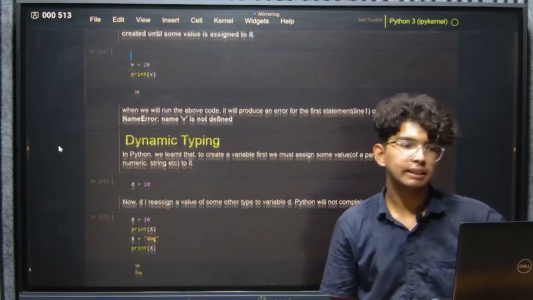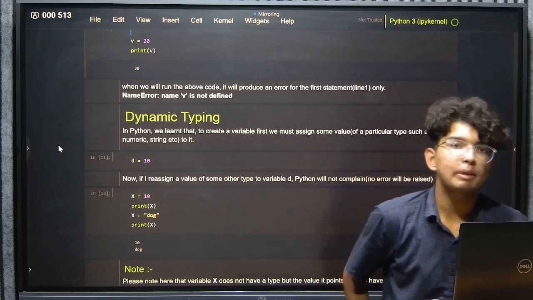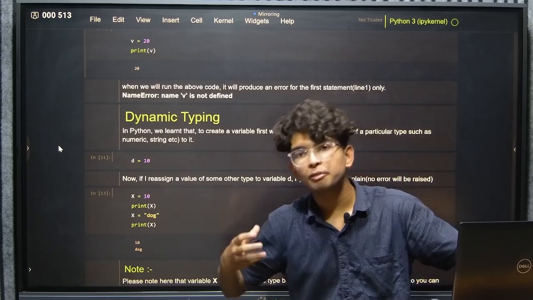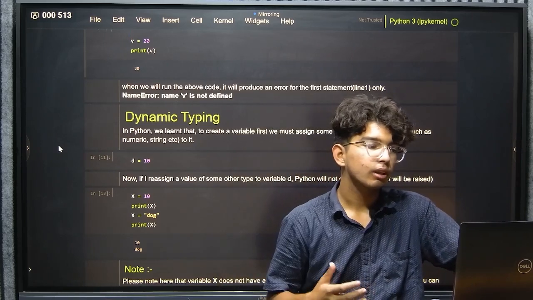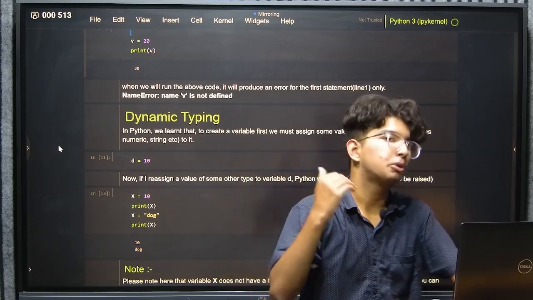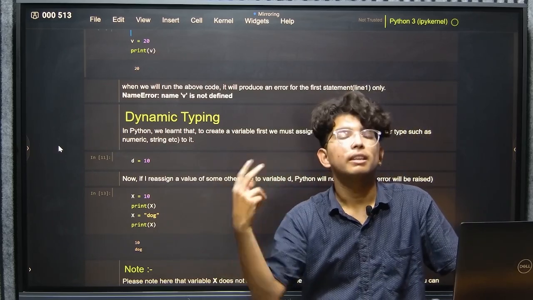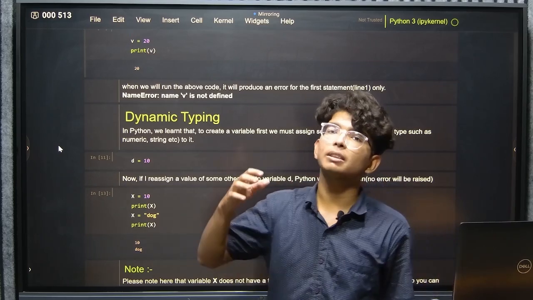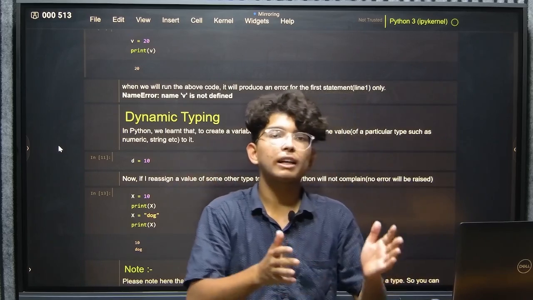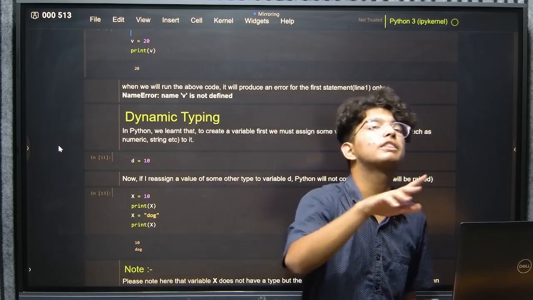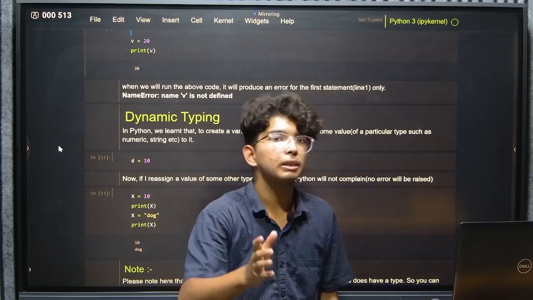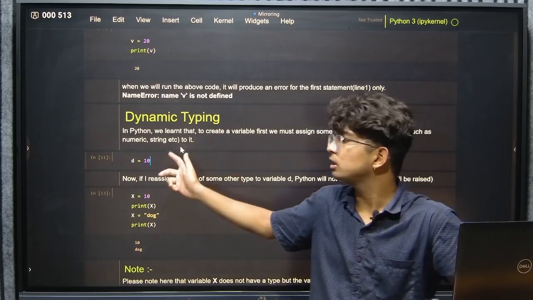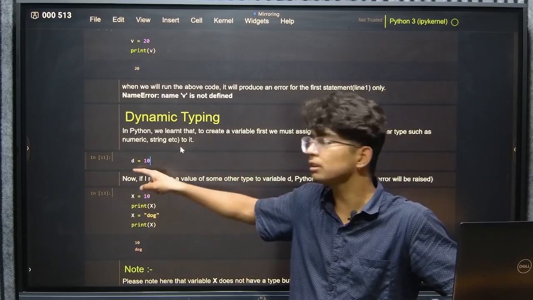Now we got dynamic typing. Well, what I mean by dynamic typing in Python is that to create a variable, we just have to assign some value to it, and we can assign any particular type of value to it, like for example numeric, string, etc. Python has a great feature which is dynamic typing, so I don't have to mention that it is an integer or a string or a list like in other languages. I just have to simply assign the value and it's all done. For example, like here d equal to 10,